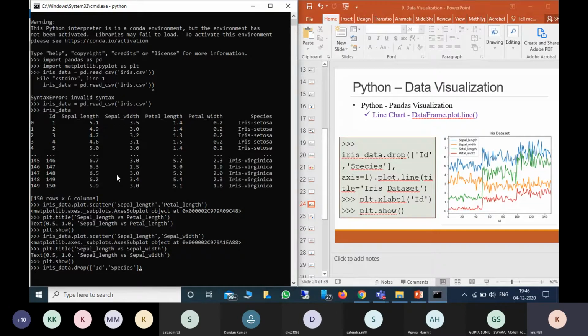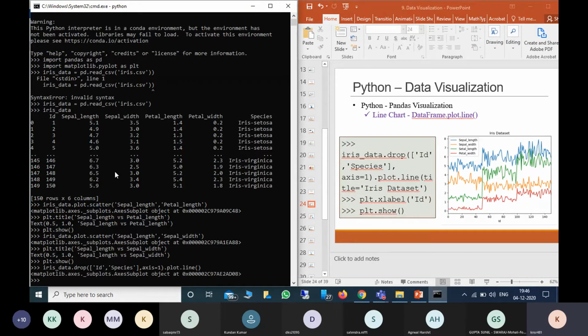Now I'm dropping these along axis 1. Once I drop them from this data set, I am plotting the line, so plot dot line, like this.